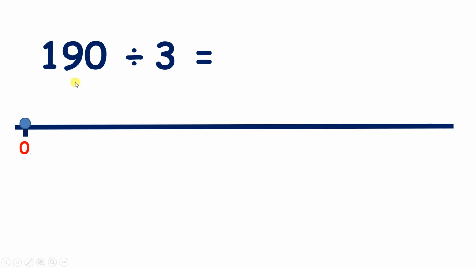Now we have 190 divided by 3. So rather than counting on in steps of 3 all the way to 190, what can we do? We can count in steps of 10 times 3, or steps of 30. So we have 30,